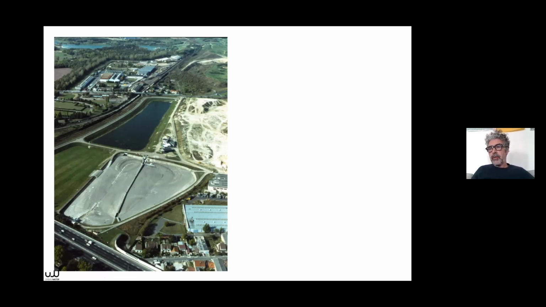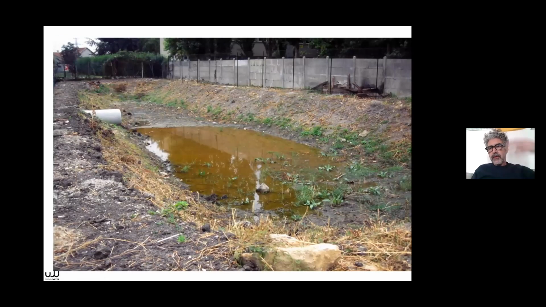So this space is 3 or 4 kilometers from Paris, so it's a very precious space. This basin is going to be used 100% every 10 years for 3 or 4 hours, and the rest of the time it's not serving any useful purpose. So it's a space that was designed by water-related engineers who had to manage water but didn't think about, you know, constraints linked to the city area.